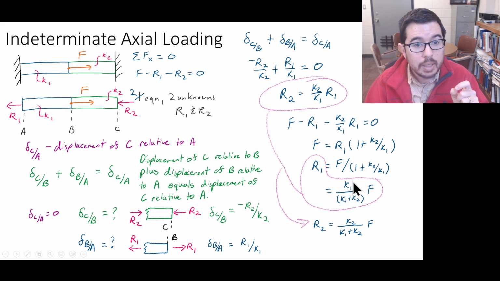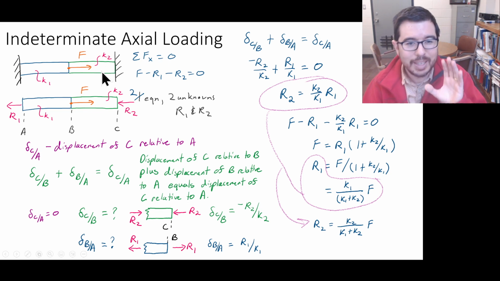If K1 is big and K2 is small, then R1 approaches F. This means that if you have a very stiff left side here and a very stretchy or soft right side, that's not really the right word, I guess, but let's say